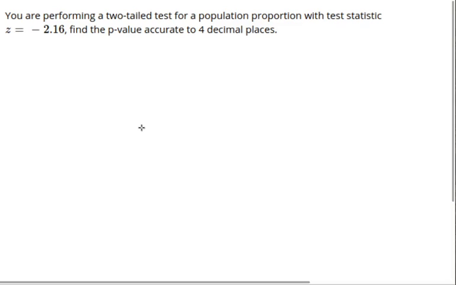You are performing a two-tailed test for a population proportion with a test statistic z equals negative 2.16. Find the p-value accurate to 4 decimal places. Now, we know this is going to be a normal distribution because we're doing a test for a population proportion. I have a z-score. My test statistic was over here on the left, and it is